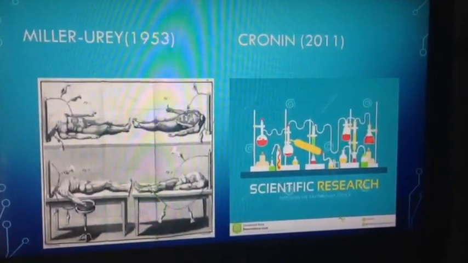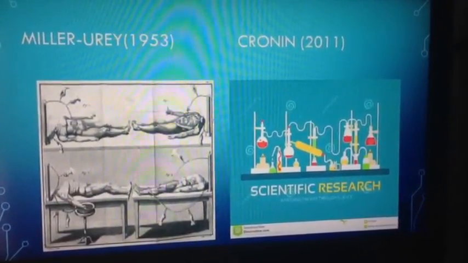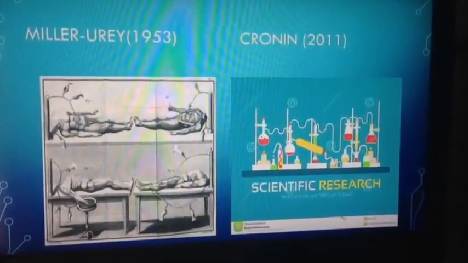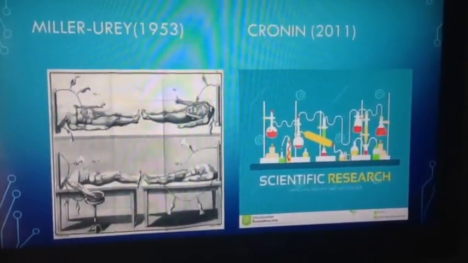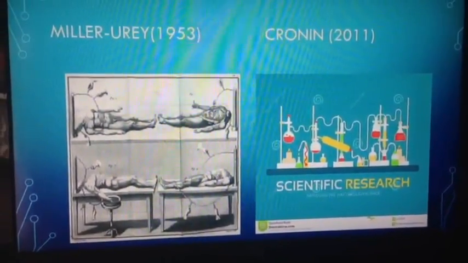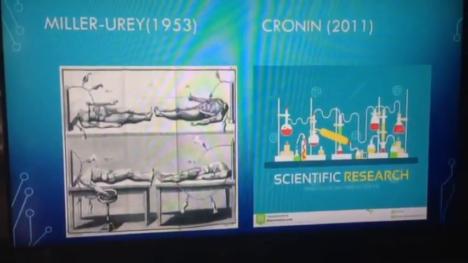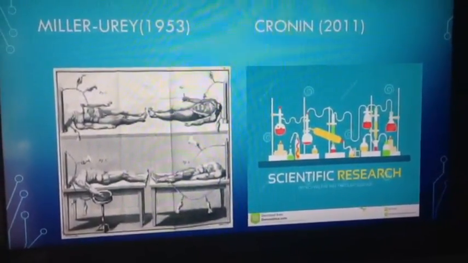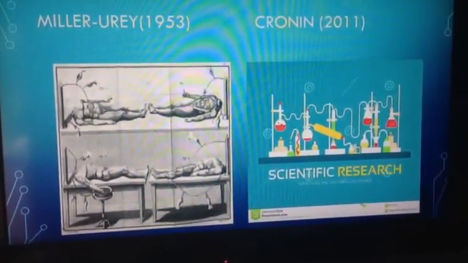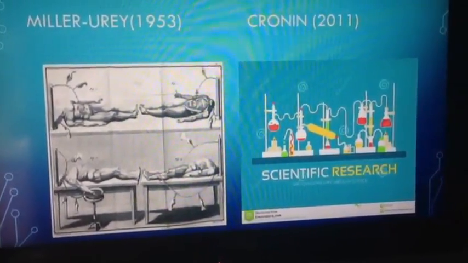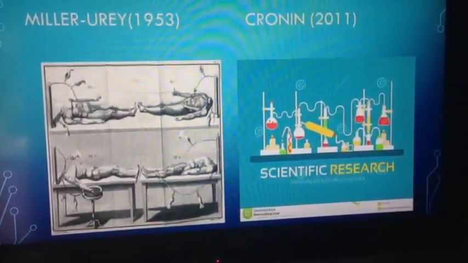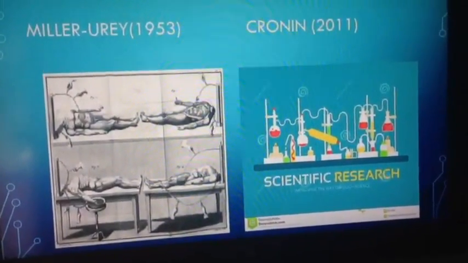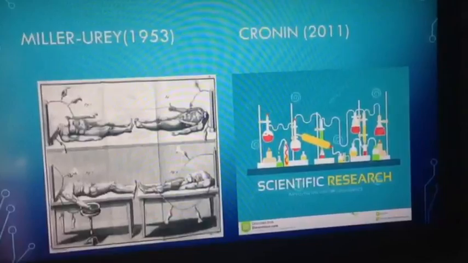In the 1950s, the fantastic Miller-Urey did a famous Frankenstein experiment where they did an equivalent in the chemical world. They took the basic ingredients and put them in a single jar and ignited them and put a load of voltage through. And they had a little of what was in the soup. They had a little amino acid, but nothing came out. There were no cells, so the whole area has been stuck for a while. It got reignited in the 1980s when analogical and computer technology was coming up.